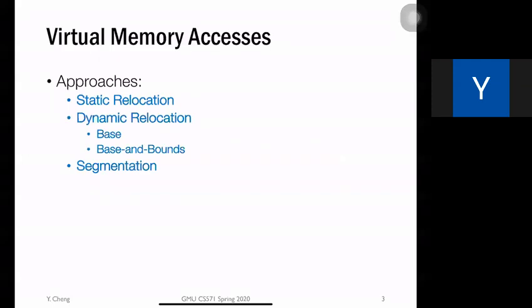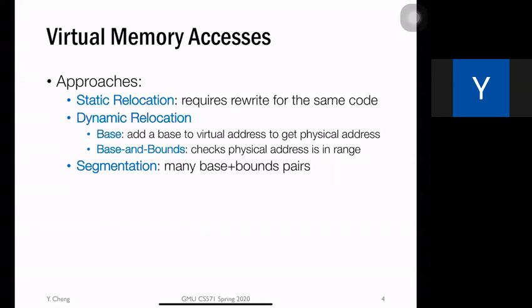So recall that in our previous lecture, we discussed the following three fundamental approaches of performing virtual memory accesses, converting the virtual memory accesses to physical memory accesses, basically translating the virtual address into the physical address. And the first basic approach is called static relocation, where it requires a piece of software to perform this static and offline rewriting for each and every virtual address that has been generated by the compiler